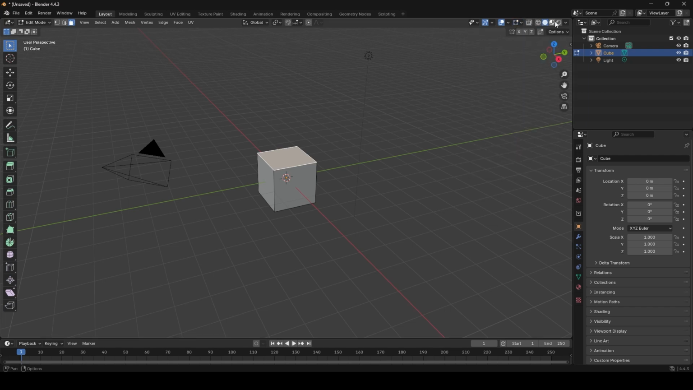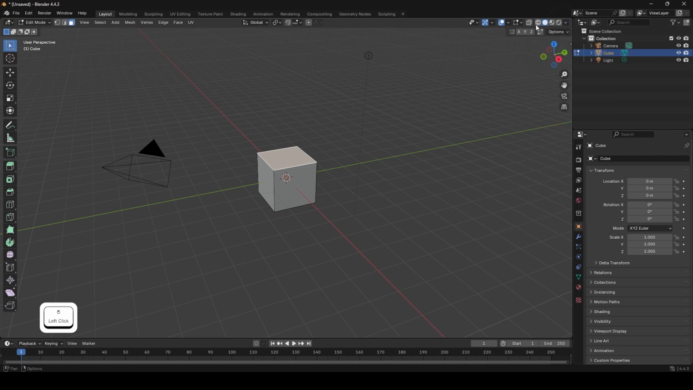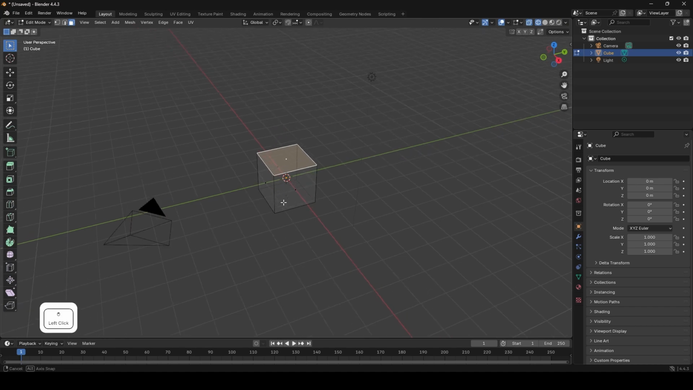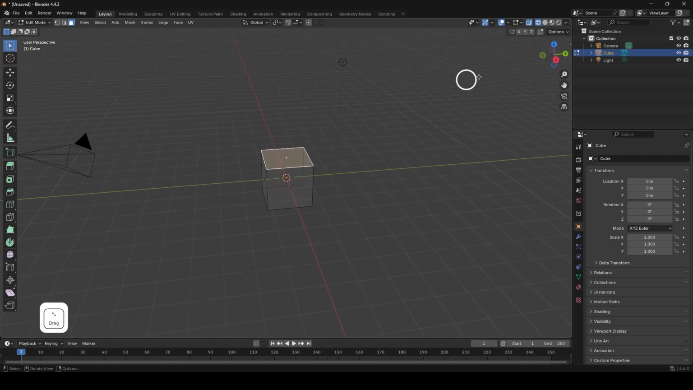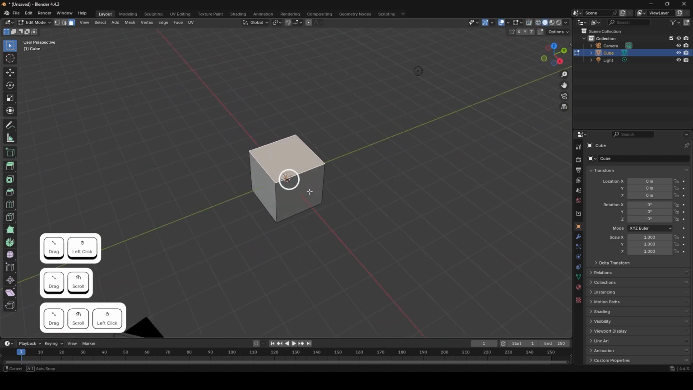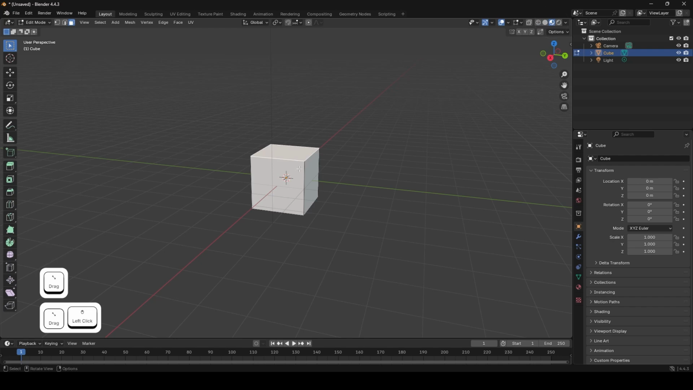And then we have our viewport shading, the way in which our viewport looks. So if I click like this now, you can see that this box is now see-through. And as I move around, you can see that I can see through it. If I go here, you can see that it's a bit more solid. Sorry about that, I was going a bit crazy. And if I go here, then